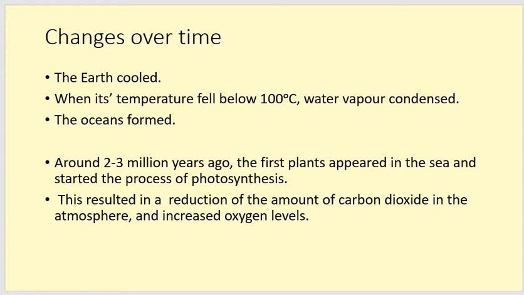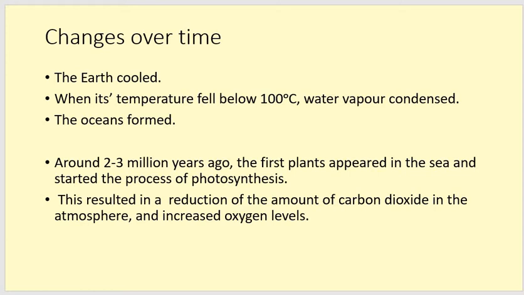Over time, the Earth cooled down. When the temperature decreased below 100 degrees C, remember that is the boiling point of water, we covered that way back at the start of this year, water vapour condensed. As the water vapour condensed, it became a liquid and it gathered on the surface of the planet and made the oceans. About 2 to 3 million years ago, so we've still got 6 zeros on there, but not the 8 that we had in the billions, the first plants appeared in the sea and they started the process of